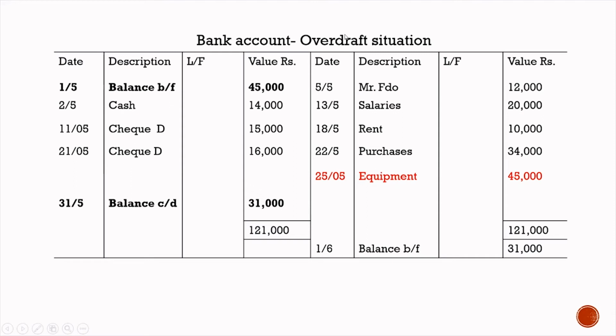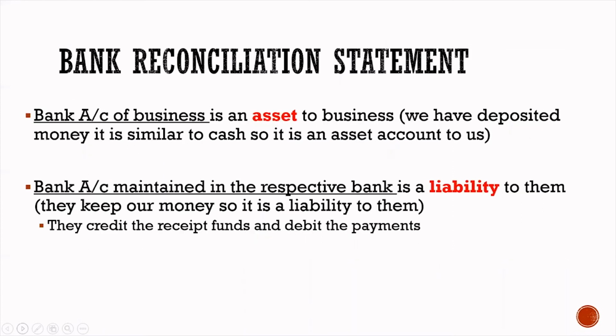So in an overdraft situation, we will have a credit balance. The balance brought forward will be a credit amount. So I hope you got the understanding of this. This is something really tricky. You have to be thorough and you have to simply understand this. Don't be afraid of bank reconciliation statements or bank accounts or dishonoring of checks. It is simply accounts. As long as you debit and credit it properly, you're going to get proper marks. So you have to understand each part.